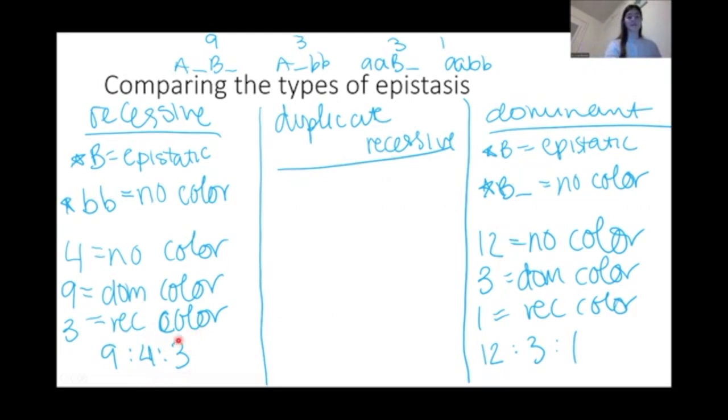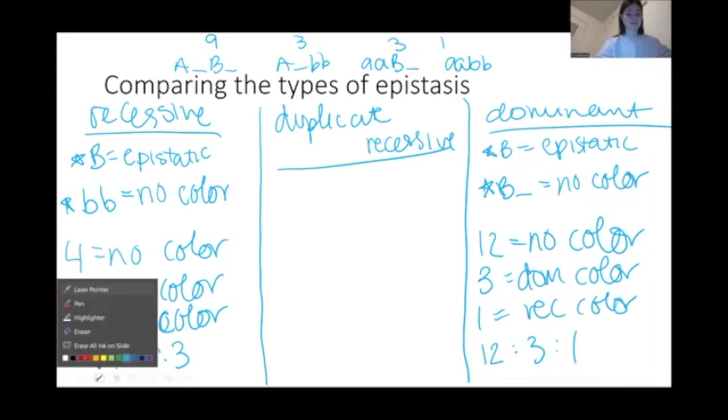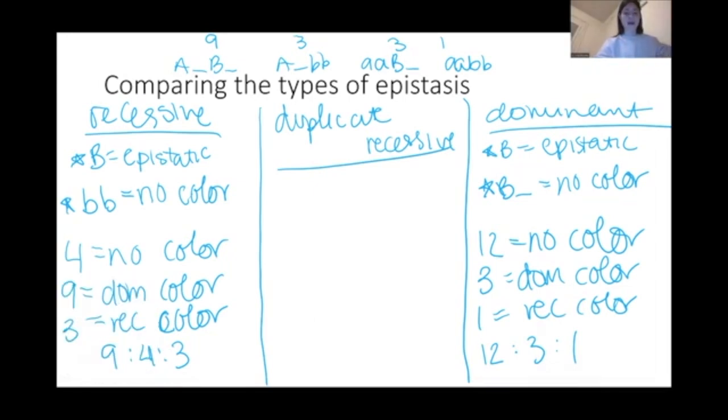So in our recessive epistasis, that means these had to be dominant for your epistatic gene. In our dominant epistasis, that means that these two had to be recessive for their epistatic gene in order for color to even exist. Okay, now let's talk about duplicate recessive, and this one is a little bit weirder because,